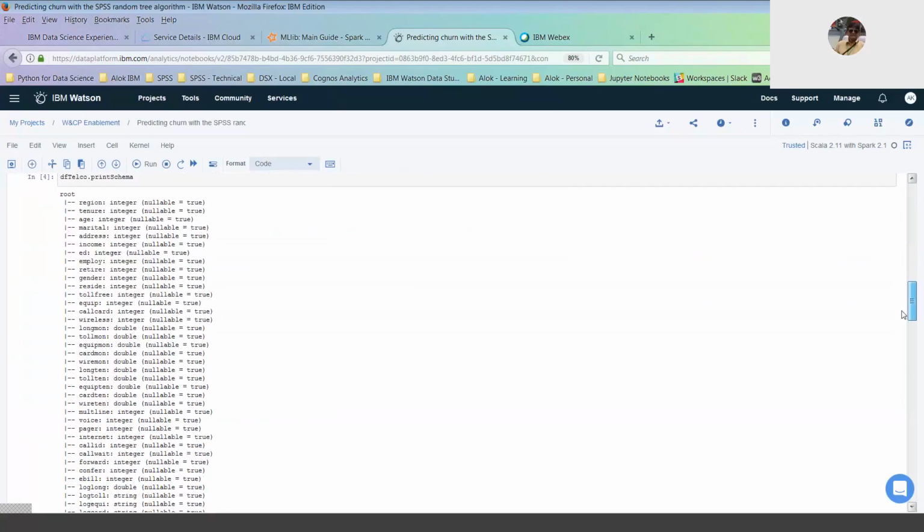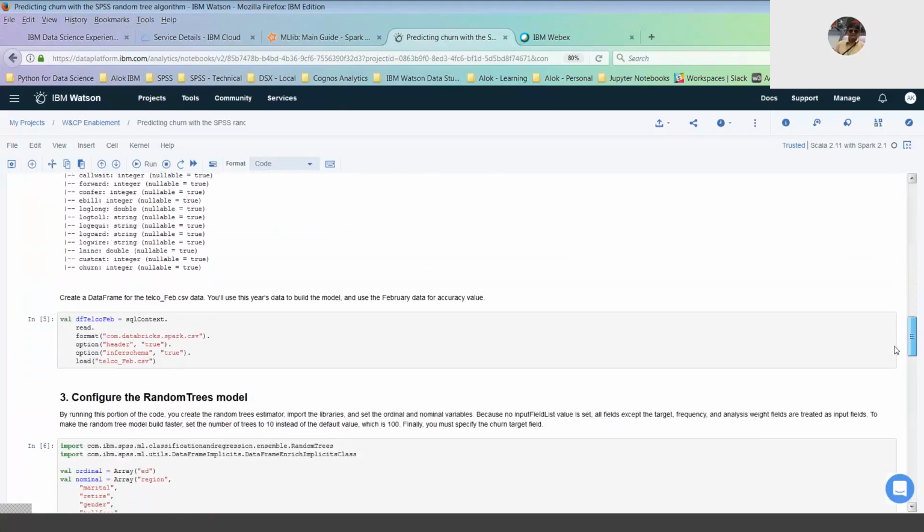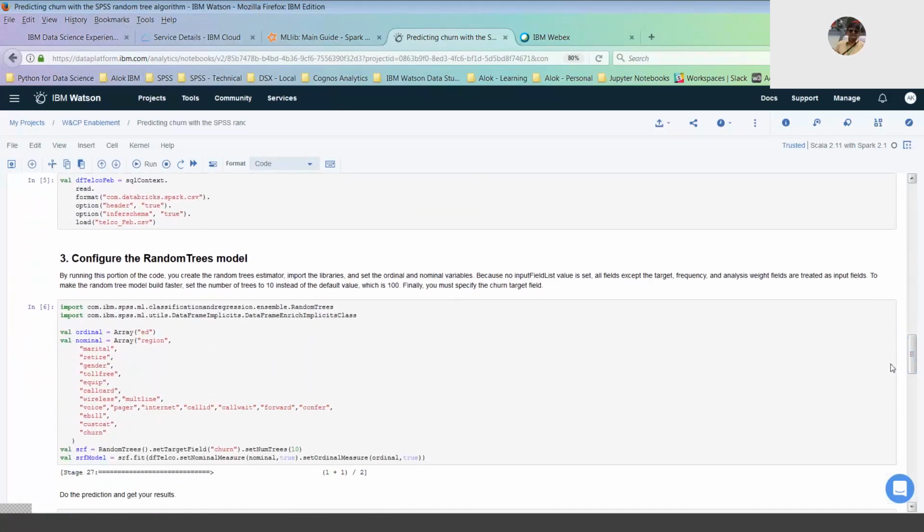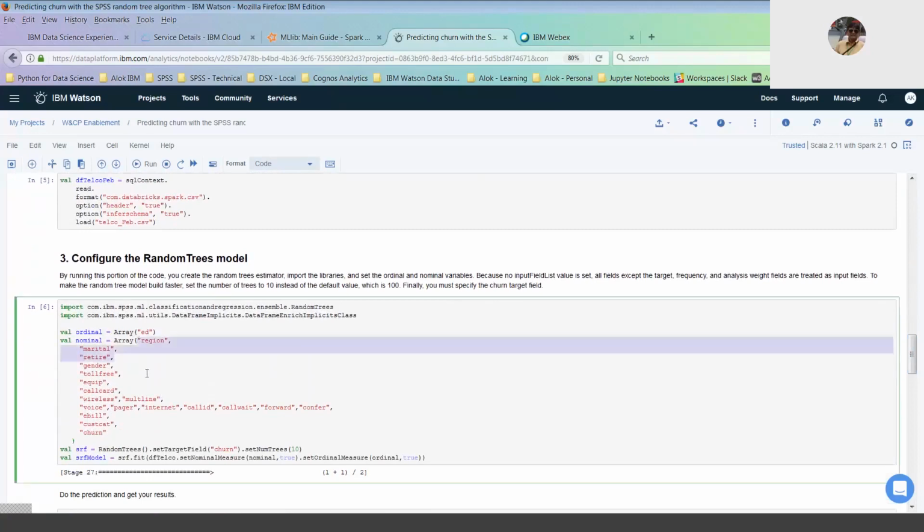And then there are different steps to look at the schema of the underlying data, and then we configure the random tree model by defining the different features, or the input variables here, right? So the region, marital, retire, gender, toll free, equate, these are the different variables which you think could be the independent variables, which you want to configure for classification and regression tree based on the SPSS Modeler API,